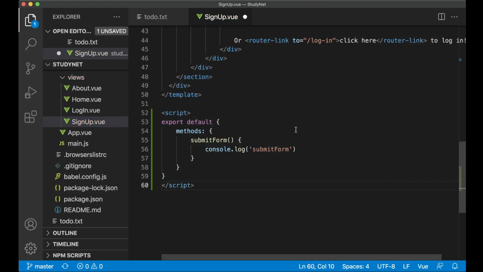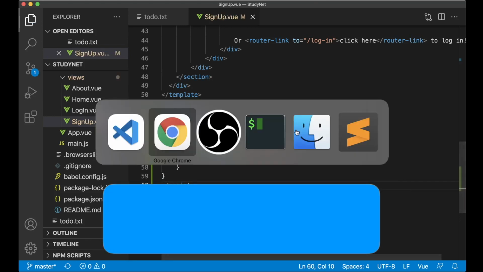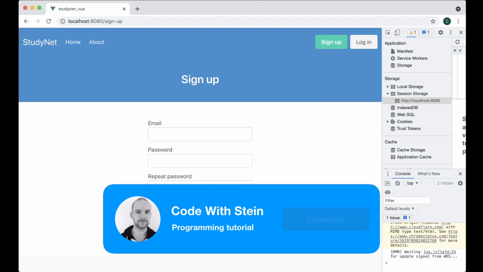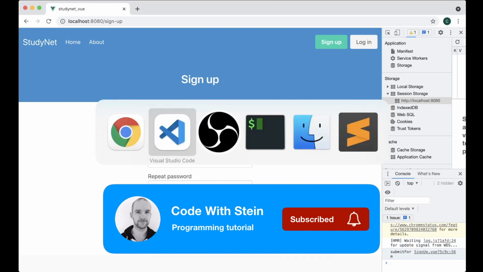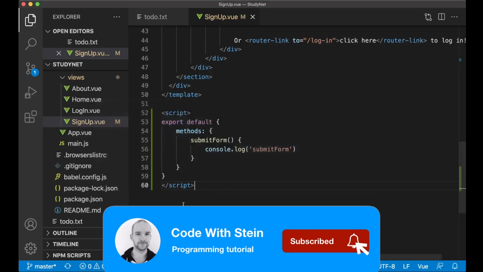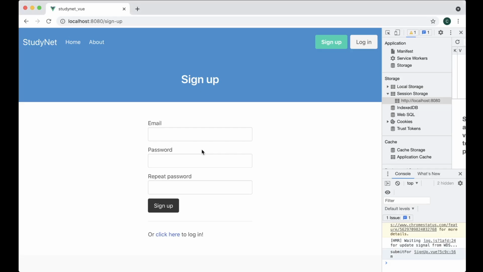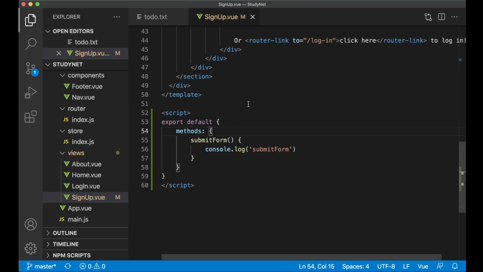Now we close this. We can test that everything is working here. Refresh, sign up, and now we call this. Perfect. So now this is functioning and we are calling a JavaScript function. So the next step then is to connect these so we can get the information from those fields into this